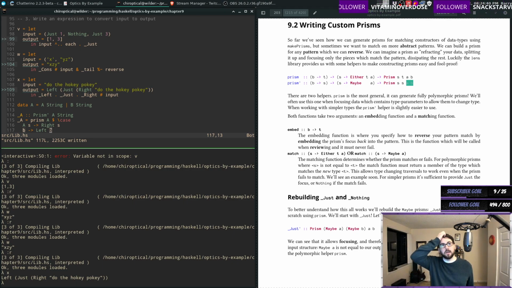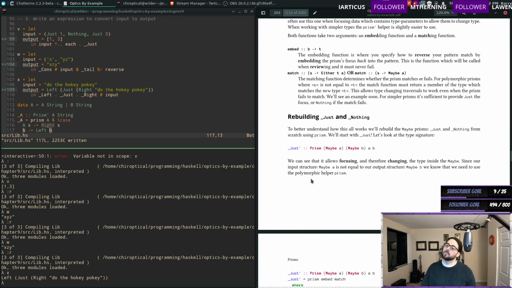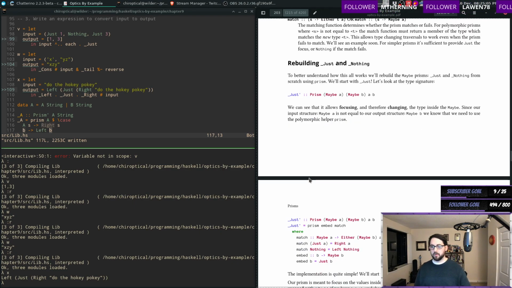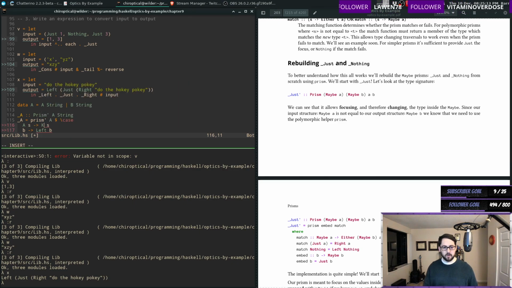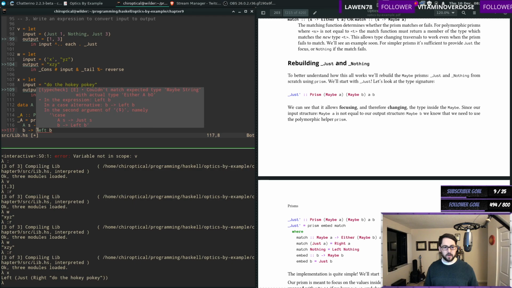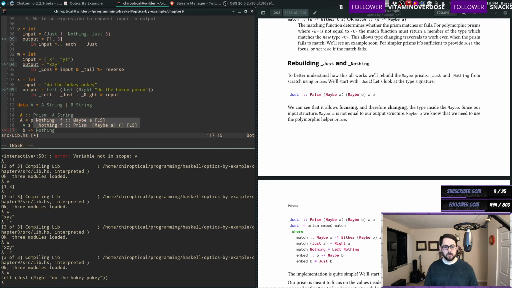Any questions here? People okay? I think it makes sense. We could also use prism prime, and then this just becomes underscore nothing, and this becomes just, which are both totally fine, I guess. Okay, so rebuilding just and nothing to better understand. Oh, I guess I should write the other one. So wait, what's the difference here? If I write prism prime just and then nothing,